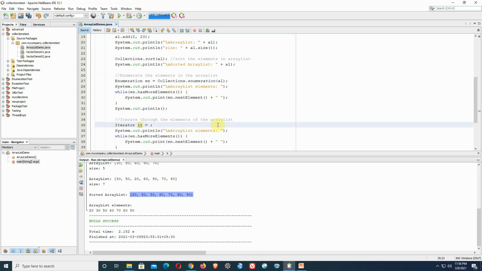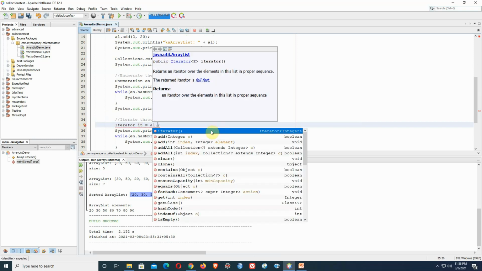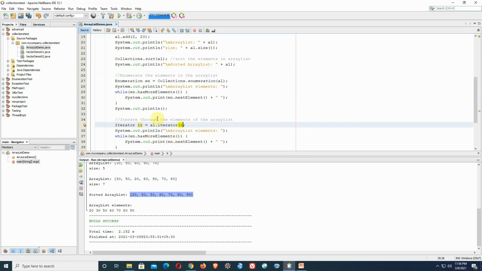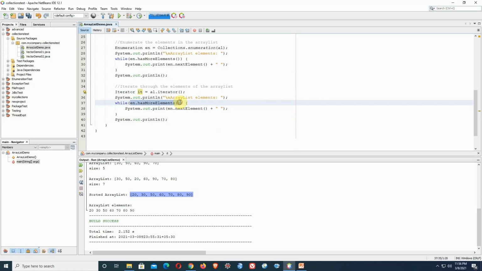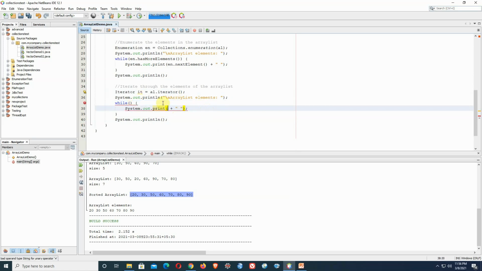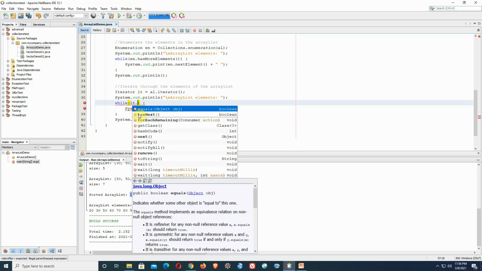Now I will be writing here l dot iterator. Now the methods are also different. The concept is similar, but the method names are different, because these are different interfaces, Enumeration and Iterator.